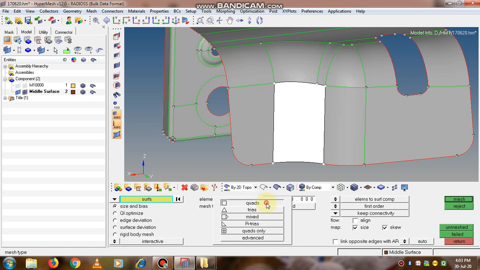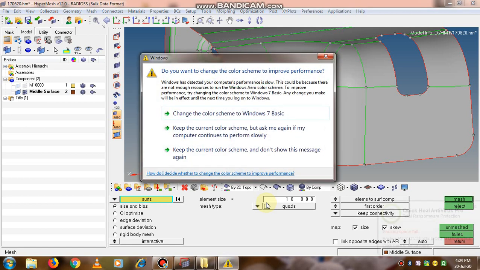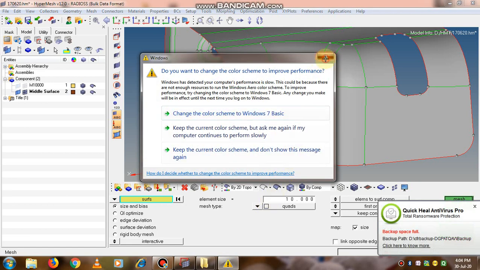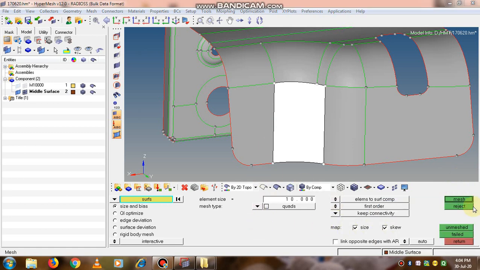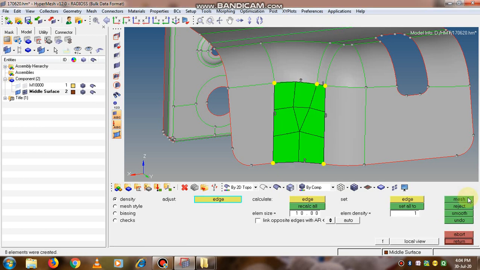Mostly the ideal shape of a quadrilateral we want is a rectangle or square, but depending upon what exactly the geometric profile is, different shapes of quads are created. Our aim is always to create a fine mesh with good rectangles, but depending upon geometry it may vary.